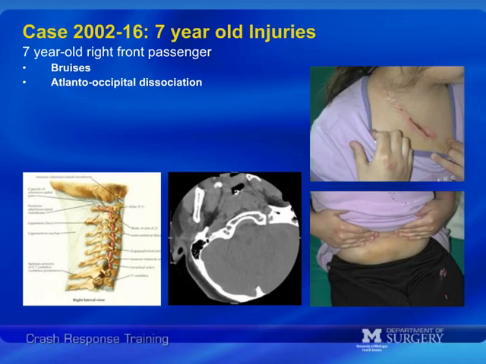We got x-rays, which were negative. She continued to complain of pain, so we got flexion and extension x-rays, which were all negative. We got a CT scan, which was negative, and she was sent home. Several days later, she returned complaining of double vision, and that's when we got a repeat CT scan, and